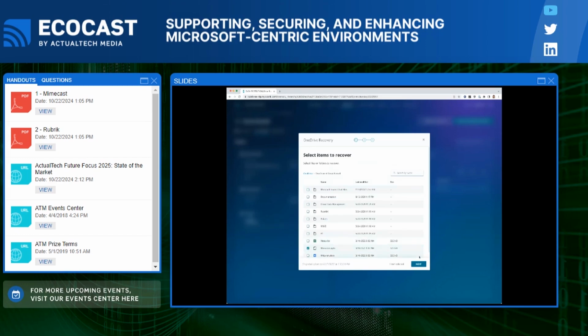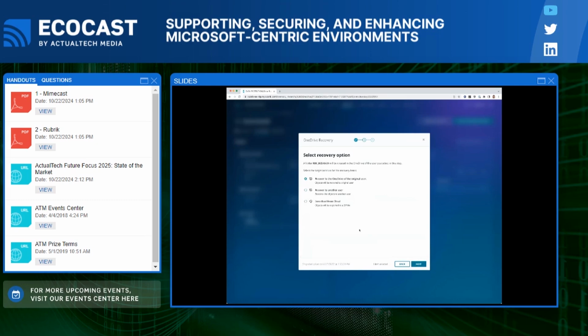Once you have the file selected you want to bring back to the environment, like I said, the next step is to tell Rubrik where to bring that data back to. So we can restore it back to the original location, which is our default choice. So bring it back to my OneDrive. We can select any other user in the ecosystem to restore to, or we also have this download from cloud option where we'll zip up all the files and give you the ability to download it basically through the browser here. Just to keep my demo environment a little clean, I'll select another user